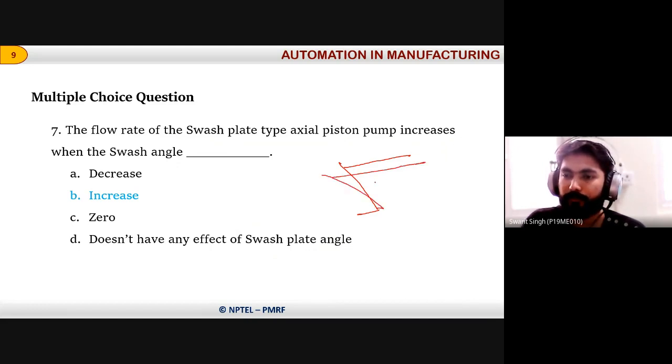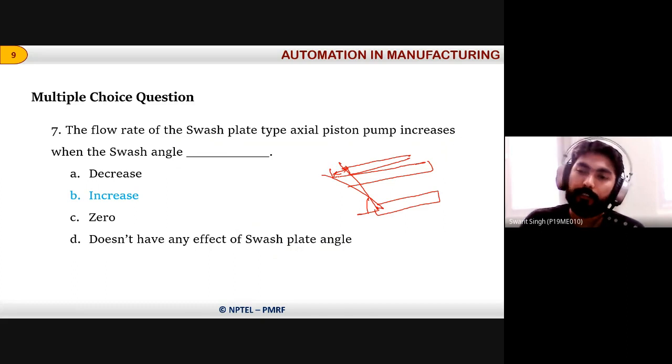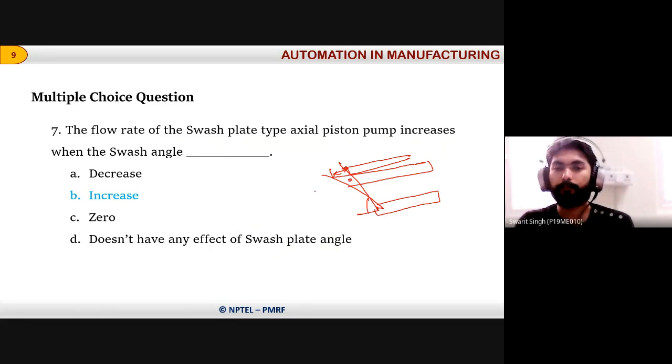The length of this increases, right? Because this point is the same and this point is the same, this particular length increases by this much amount. So this much more fluid will be contained here. Since this motion is continuous, that's why we get a larger flow rate. Okay,